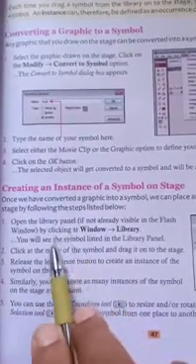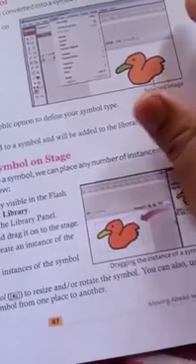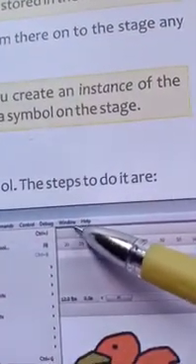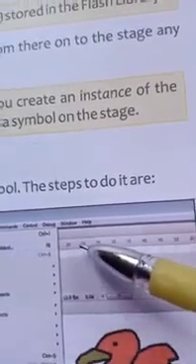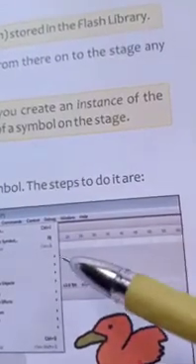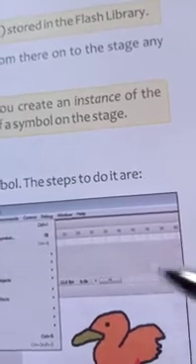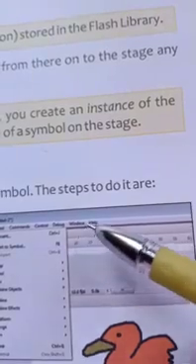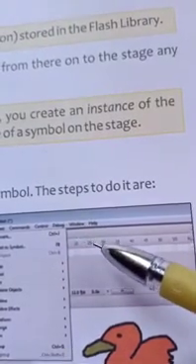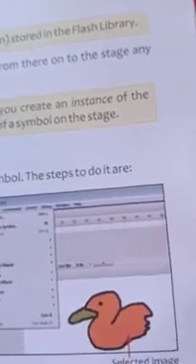Open the Library panel by clicking on Window, Library. There is the Window option, you have to click. I will show you. This is the Window. When you click on that Window, a menu comes up. On that menu you have to select the Library option. There you will see the list of symbols in the library. Many types of symbols are already listed in the library. From that window, you have to select which symbol you want on the stage.